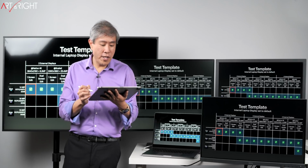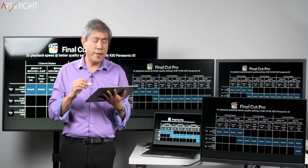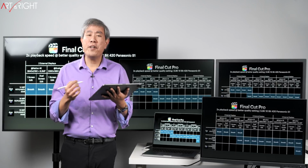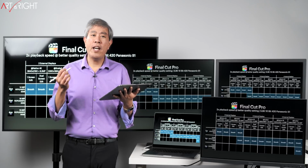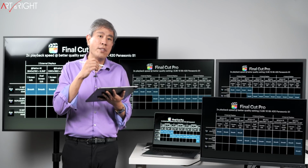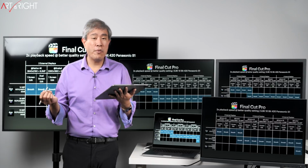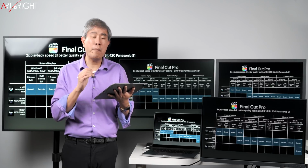All right. Let's jump into Final Cut Pro, and with all these tests, I have annotated the way they feel, the way the program responds to the testing that I've done. In Final Cut Pro, this is a program optimized by Apple, and because it has an encoder and decoder engine built into the SoC, where the M1 Pro has one of each and the M1 Max has double of each, the performance is pretty much good throughout, and there is no slowdown whatsoever when I'm playing back this